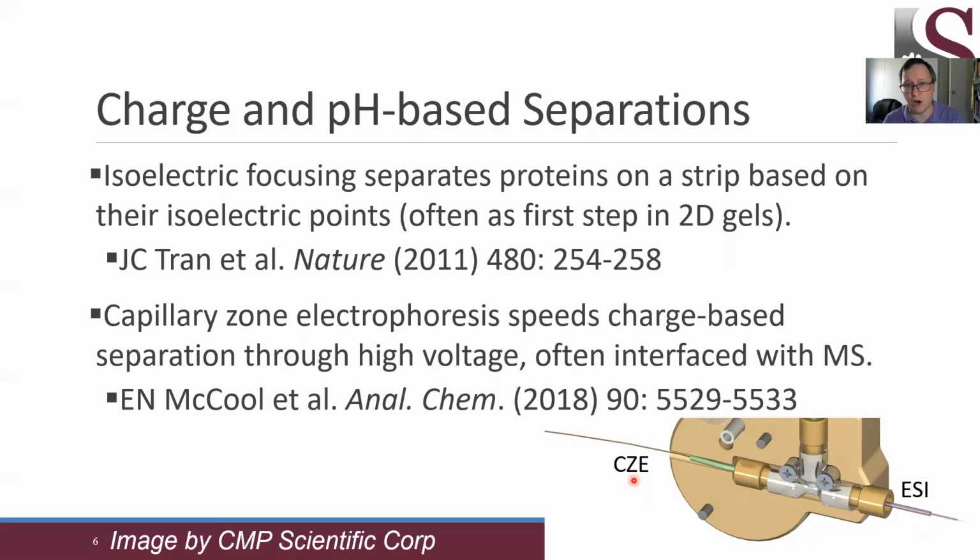So a very high charge can cause the ions of proteins to move toward the electrospray ionization source. Capillary zone electrophoresis has some really big pluses and some really big minuses. The really big pluses are that because you're doing this in solution, you can use a pretty high voltage, and the heat comes off of the column pretty well, and you get a very rapid separation of ions based on